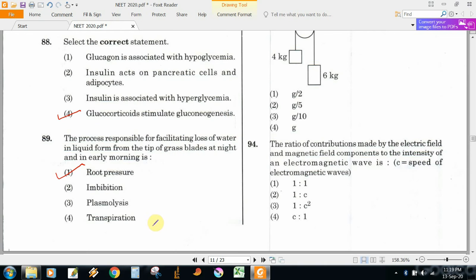So I guess we have discussed all the questions from the biology section for the NEET examination. And what I think is that the question paper has been very much balanced from both the 11th and 12th biology. And apart from few questions, hardly one or two, that's what I want to say. All of the questions were from the textbook, and it was a very easy examination, easy to moderate. But if you are well prepared, I think it was completely easy for you people. So that's what I wanted to say.